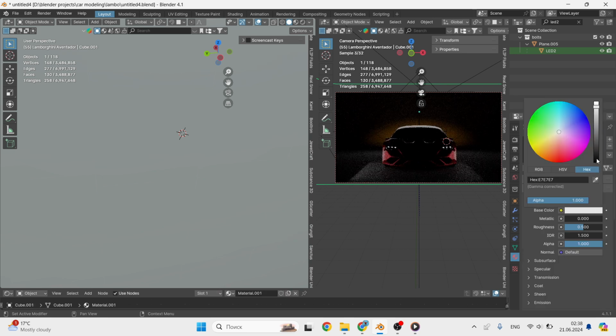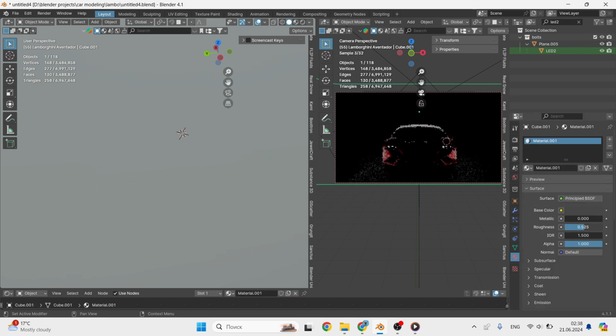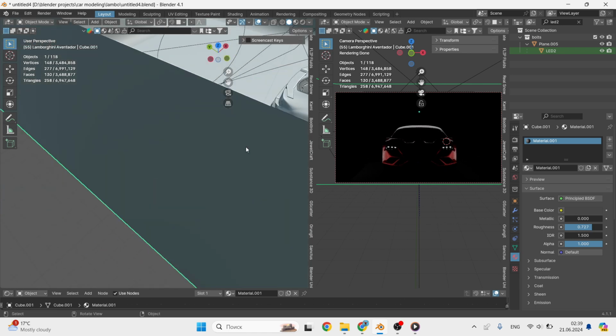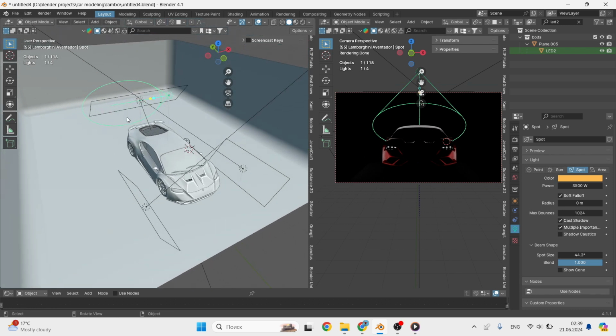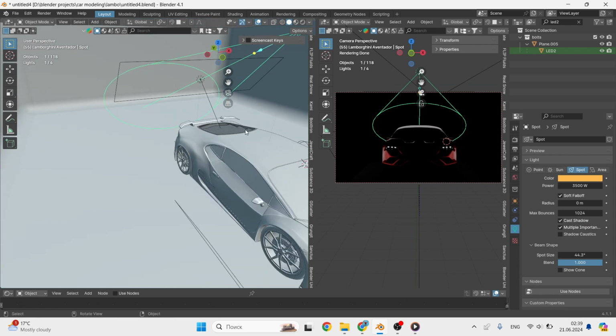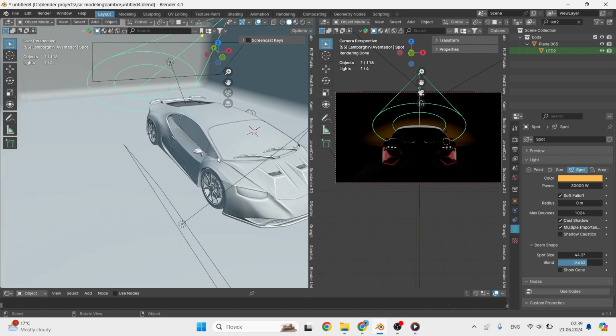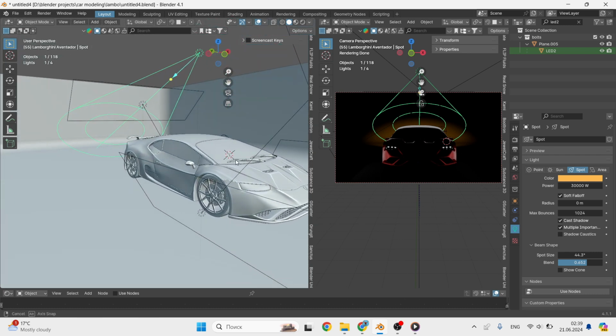And then I realized that the scene has no material. So let's add it. Let's choose a dark color and raise the roughness so that it doesn't glare. Now, because of this, we need to significantly increase the lighting power. I raise the spotlight to 30,000 W. In the light area, we leave it like that.